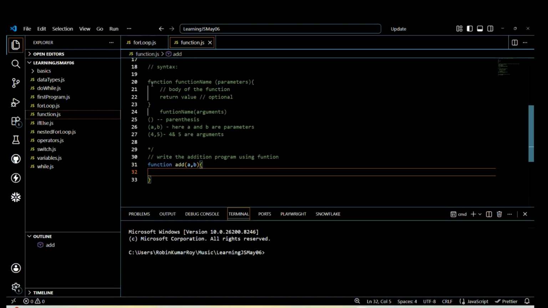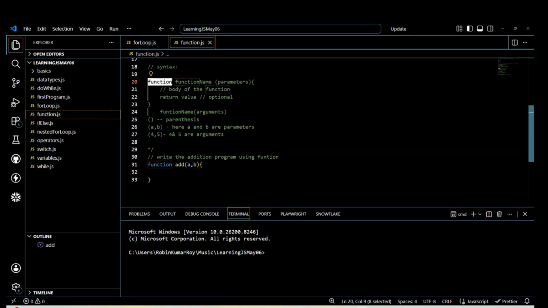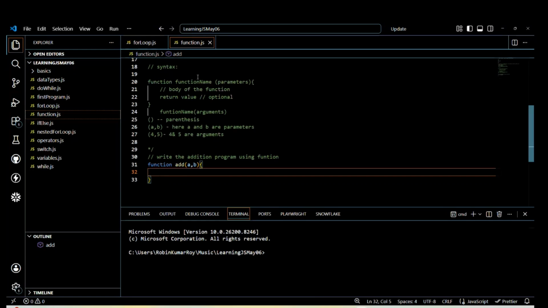We know so far we have seen that there is a keyword called function followed by the name of the function, and then the function will store some parameters, and then it will start with the body. Now I said return value here. So inside the function,